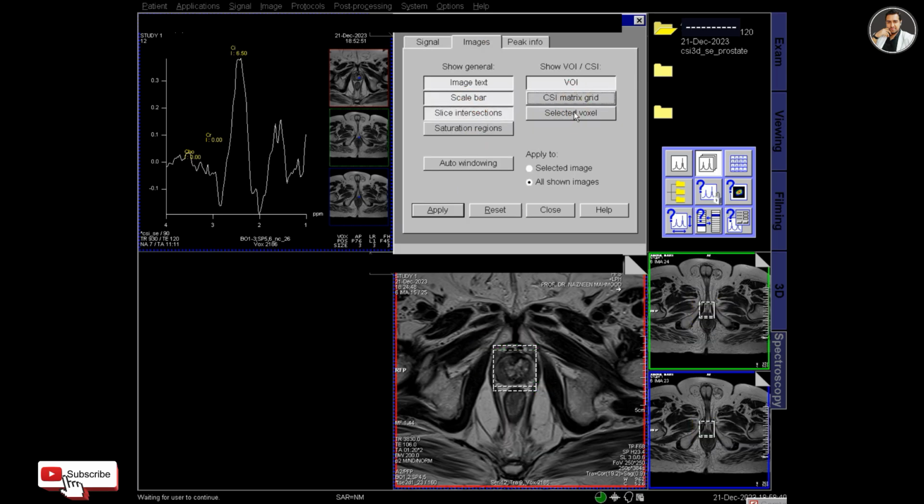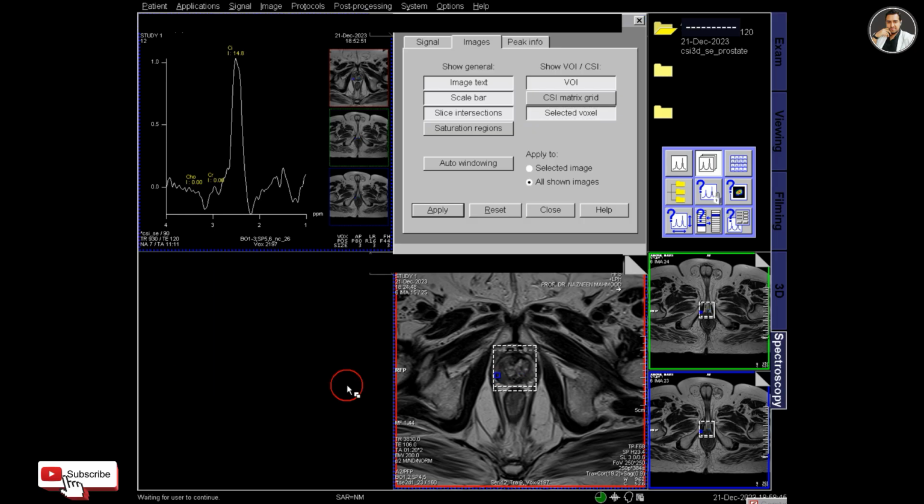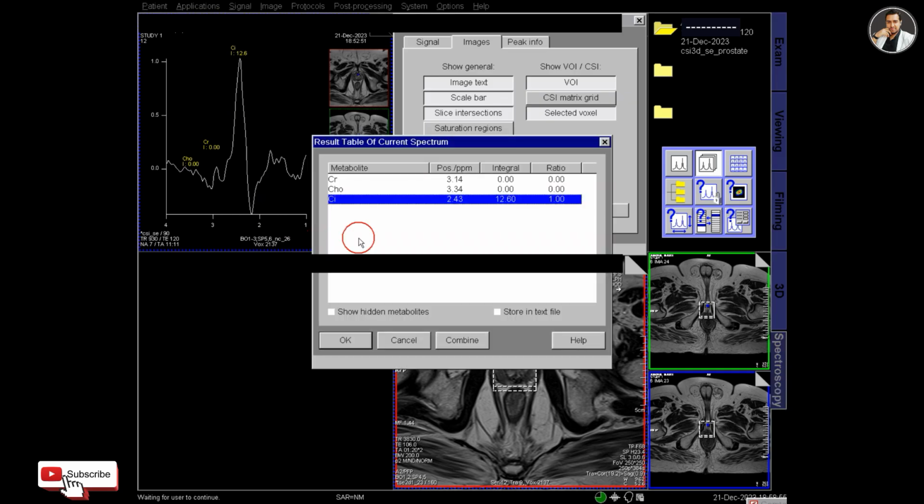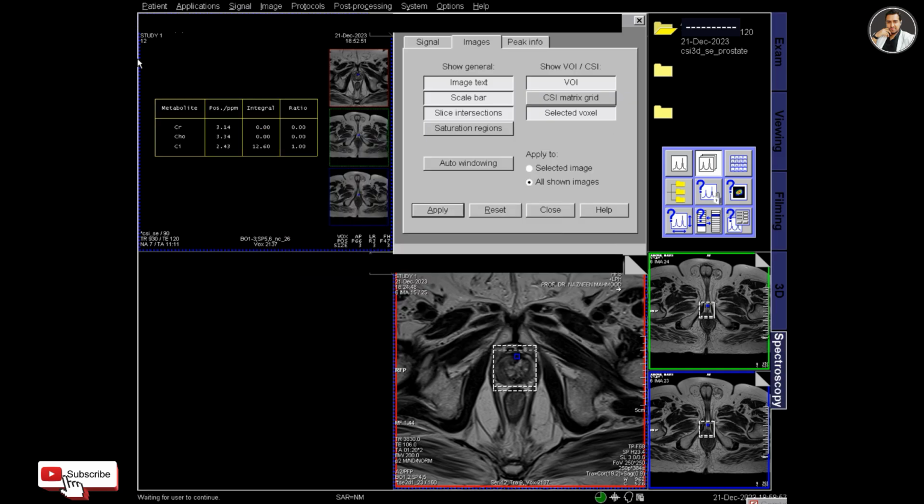You can remove the voxel matrix, so that only the field of view and the one selected pixel remain. So this is good to see the pixel clearly, and select one and save the graph,